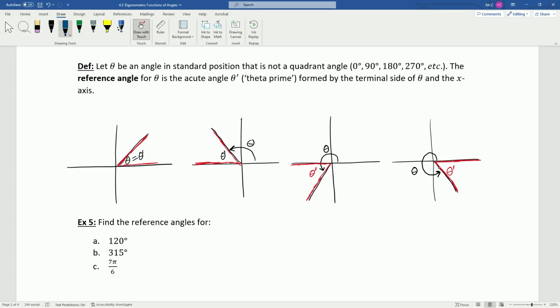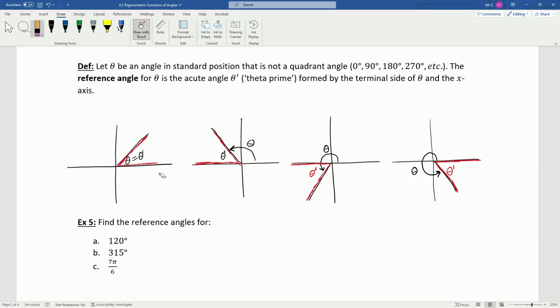And that's why when we're evaluating these trig functions, it's always easiest if we just draw the picture. Same thing with reference angles. The easiest way to find your reference angle is to draw the angle. If you try to use formulas, you have to have a different formula for every single quadrant. That's something I've often seen students try to do. They'll look up a set of formulas that gives them a set of rules to memorize for all of the 4 different quadrants. And this is really inefficient because if we just draw the angles,